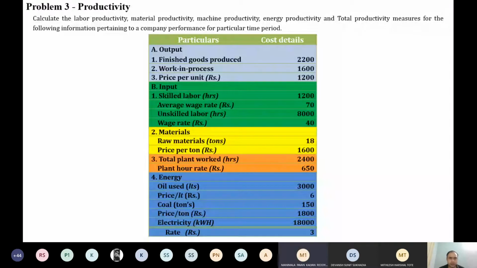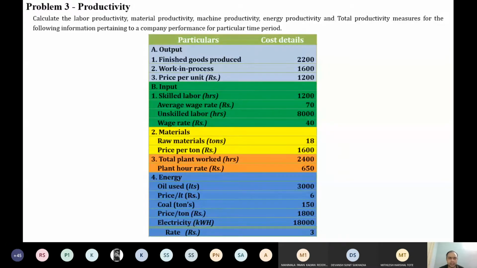No, sir. Okay, so only in the output, yeah, good. So in the output part, you should avoid considering work in process. This is a little bit of confusion, whether to consider work in process or not, because in this case we are avoiding. Actually, work in process can be considered, but the complication will get a bit confused. So to keep it simple, we have decided we will avoid considering work in process. If work in process is given to you, please avoid that, and the rest of the data you can calculate.